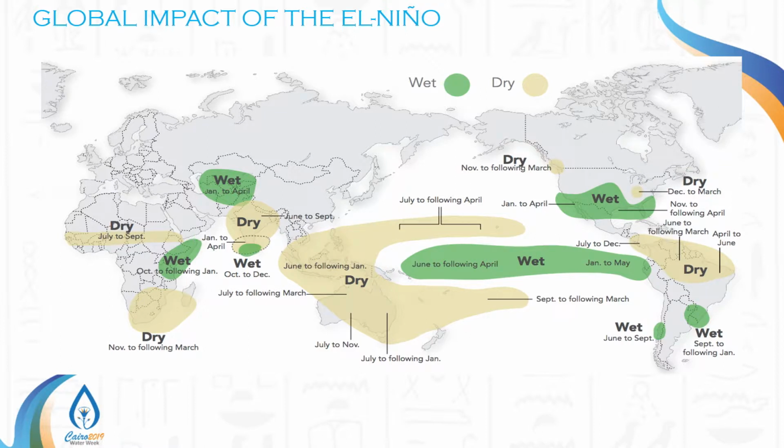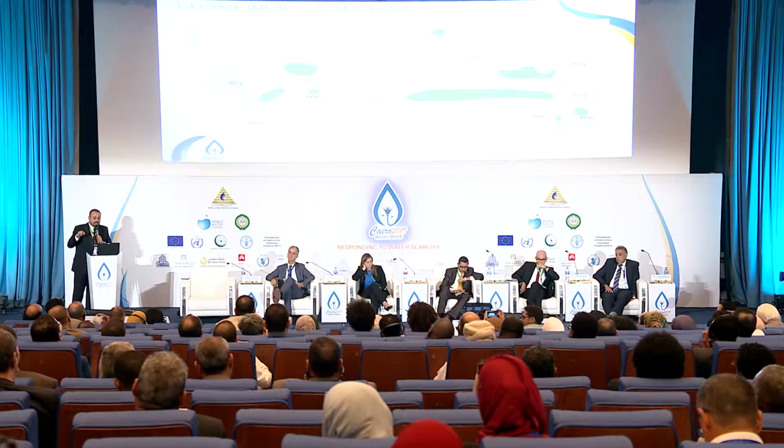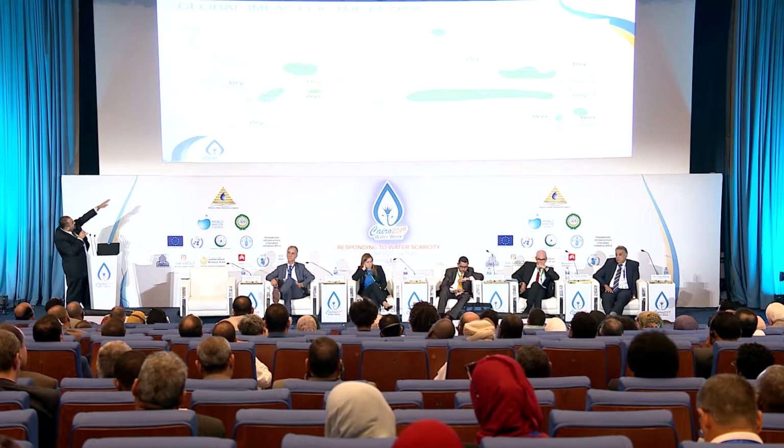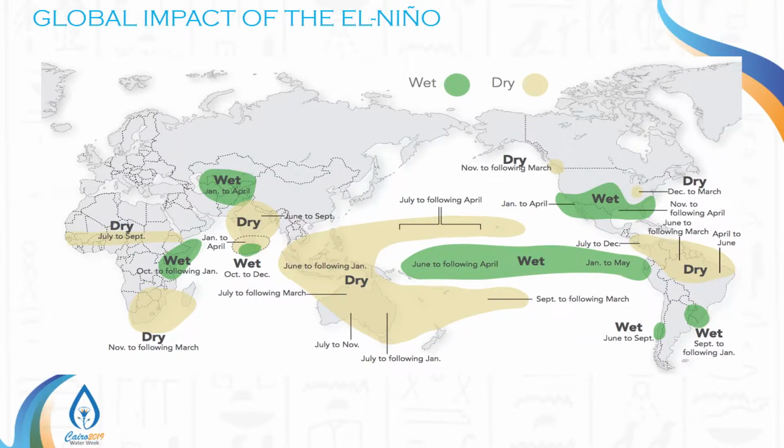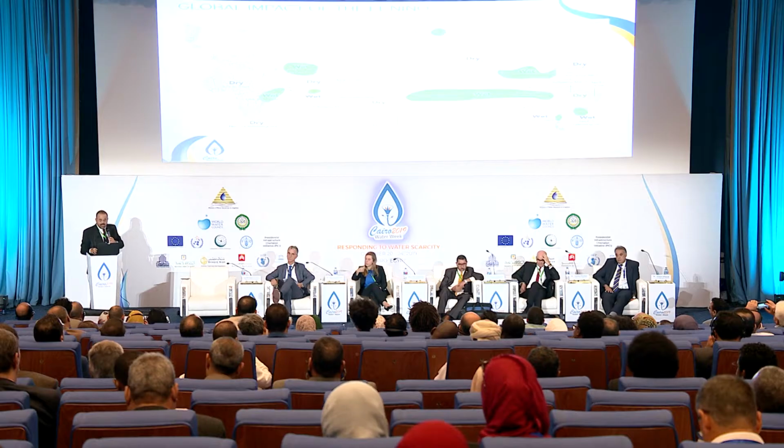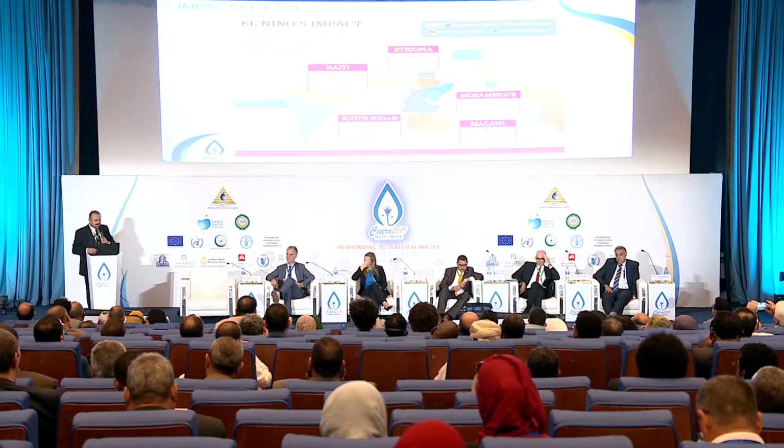Here in Africa, which is very interesting for me, if you look into this yellow band in the middle from July to September, you can see it is a dry region. This area gets affected by El Nino. And if you look a little bit down below, you're going to see another part of Ethiopia right there, which is wet. So the northern part is dry and the southern part is kind of wet. So there is an impact, which might also be of varying behavior, because the process itself is not stationary. So we cannot look into processes like this from a stationary perspective.